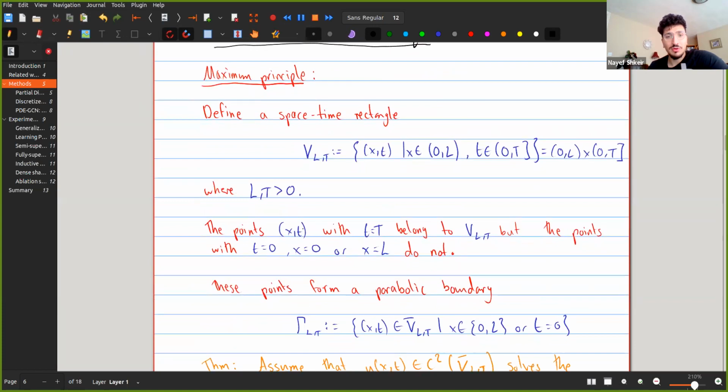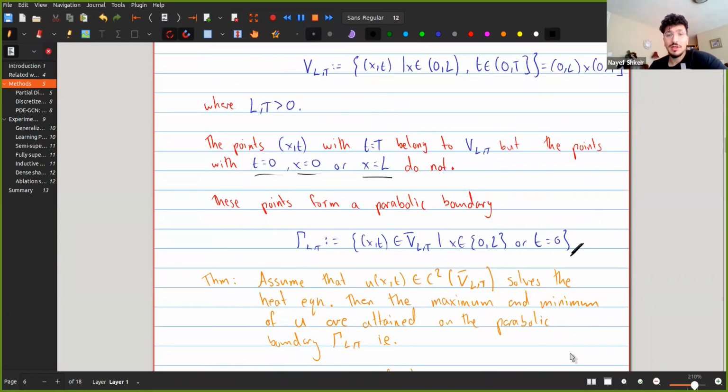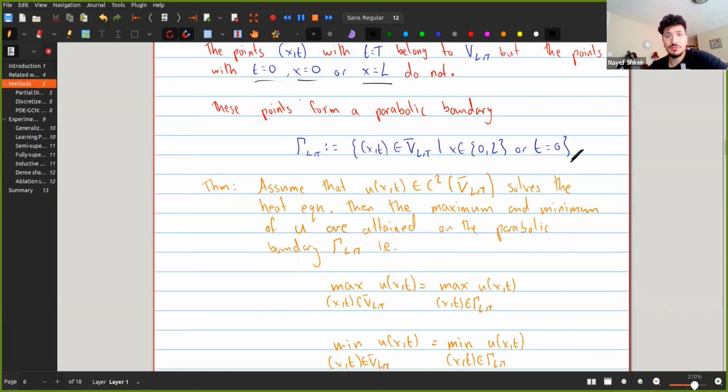So you have all the points (x, t) belonging to this rectangle, but the points t equals 0, x equals 0, and x equals L do not, right? But these points form what you call a parabolic boundary here. So this is the boundary of your domain and your initial condition, right? And with this, you have a theorem. If you assume that U has derivatives, is differentiable and smooth, and solves the heat equation, then the maximum and minimum of U are attained on this parabolic boundary, gamma,